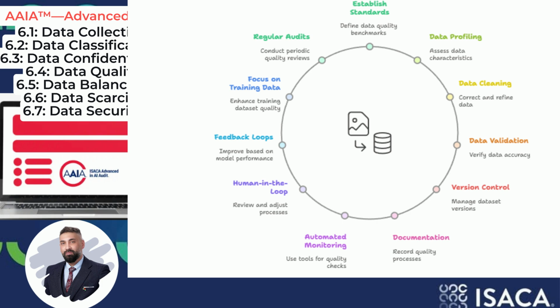Timeliness or currency. Is the data up to date and relevant for the time period it's being used for? Stale data can lead to poor predictions. Validity or conformity. Does the data conform to defined business rules, standards, or formats? Uniqueness or non-duplication. Are there duplicate records that could skew analysis or model training? Relevance. Is the data appropriate and pertinent to the specific AI task at hand? Representativeness. Does the data accurately reflect the diversity and characteristics of the population or phenomenon it's intended to model? This is key for avoiding bias.